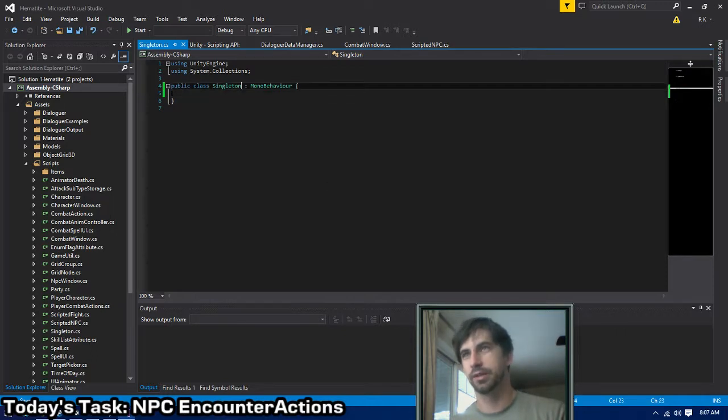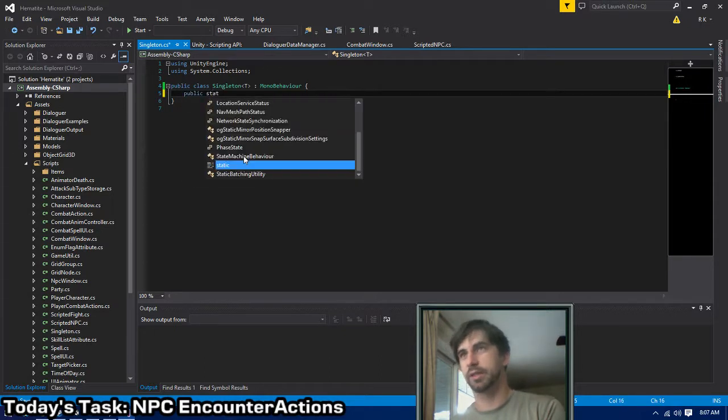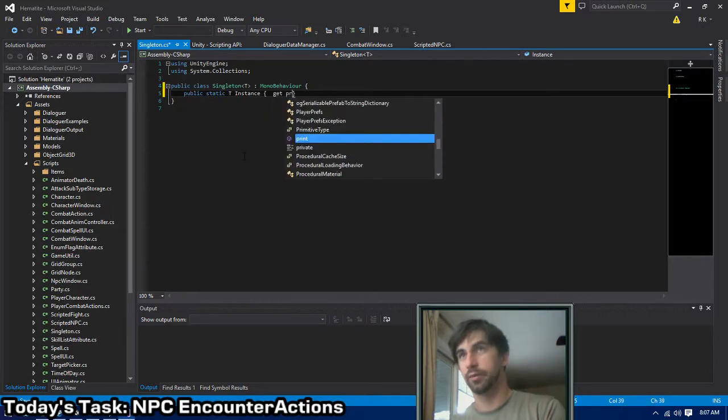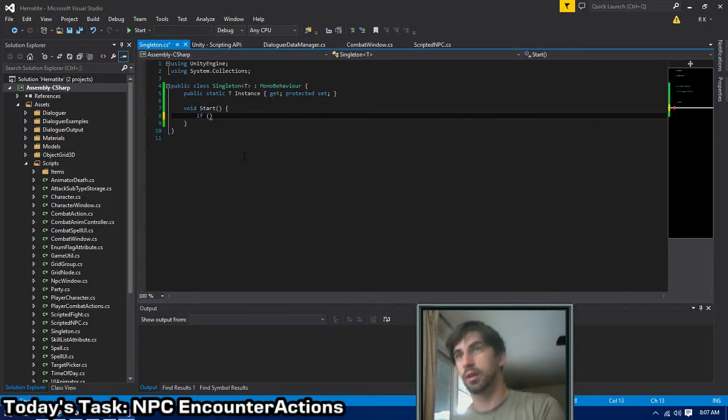Let's make this a templated singleton class. We will have a public static T, which will be called instance, and it will be a get, and a protected set. On start, if instance is not equal to null,